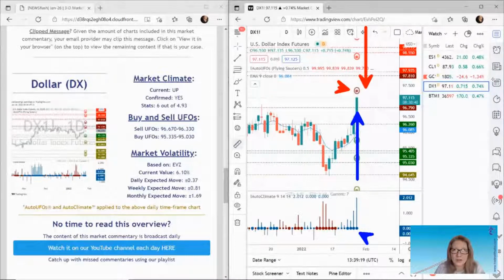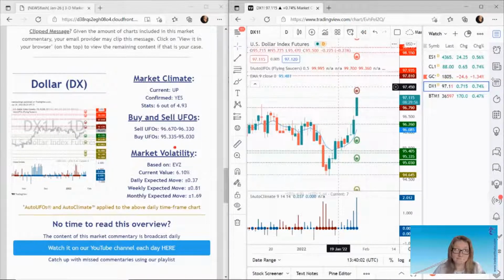We don't know who's going to win. We don't know who has more orders, either buy orders or sell orders. So let whoever's going to win clear a path, clear probabilities to one side or the other, and then we go from there. In terms of volatility with the US dollar,